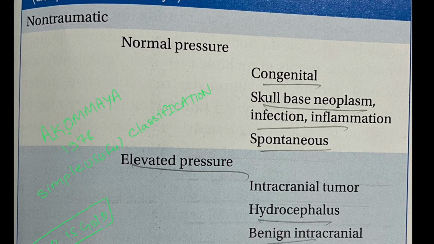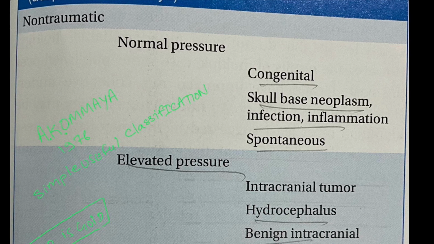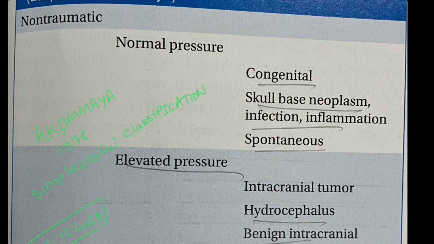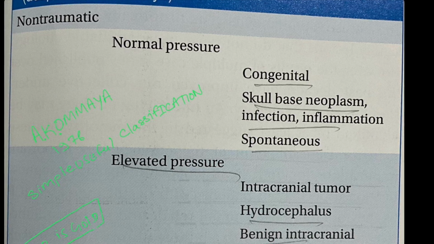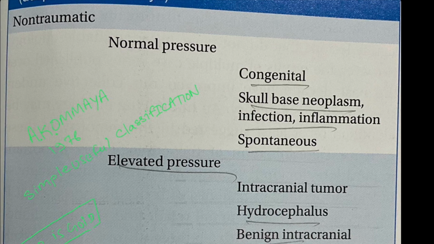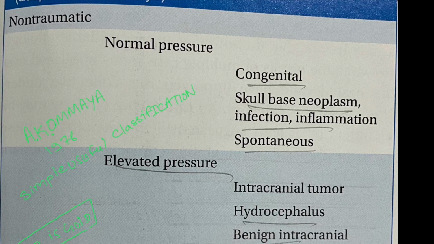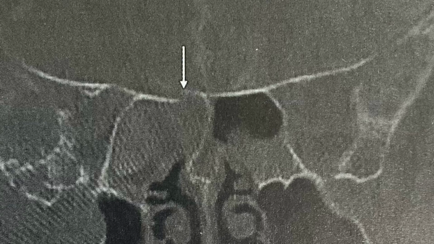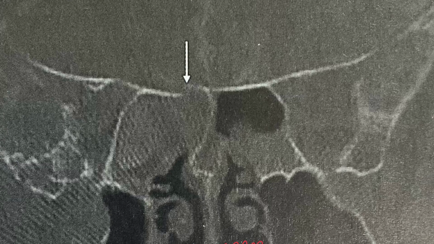In idiopathic cases, no clear underlying cause can be identified. This condition is often linked to spontaneous intracranial hypertension or thinning of the skull base over time, commonly seen in obese middle-aged women. The pathophysiology of CSF rhinorrhea involves a breach in the skull base, disrupting the dura mater and arachnoid membrane, creating a direct communication between the subarachnoid space and the nasal cavity, leading to the characteristic clear nasal discharge. Persistent leaks can increase the risk of life-threatening complications such as meningitis.